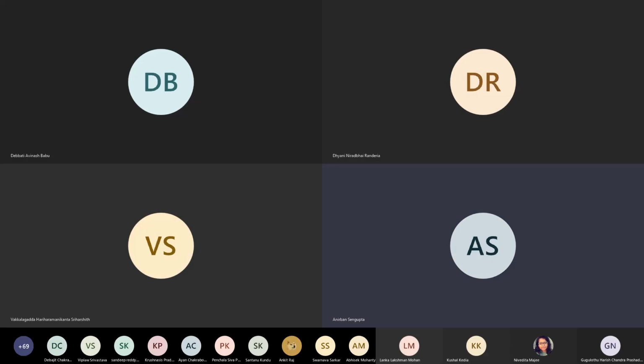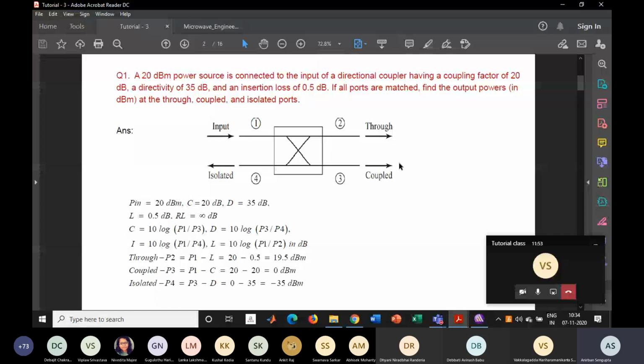35 dB and insertion loss of 0.5 dB. If all the ports are matched, find the output powers in dBm at the through port, coupled port, and isolated ports. So you can see that it is one kind of a BLC thing. It's a hybrid coupler. So from port 1, the through port is 2 and the coupled port is 3,